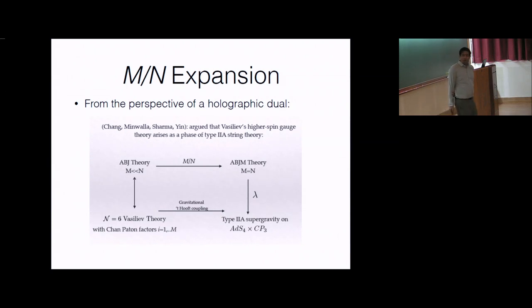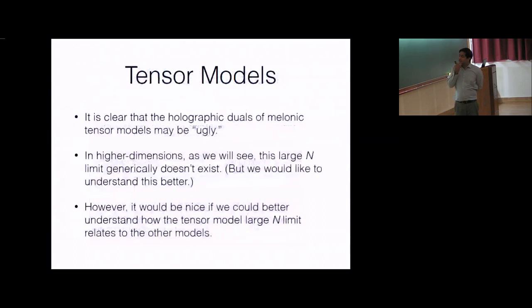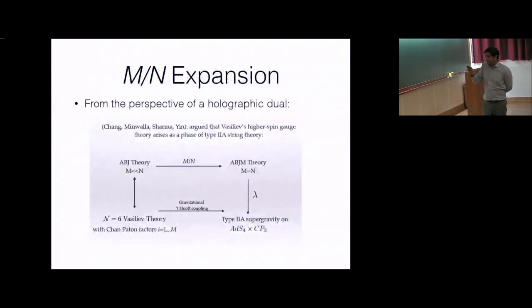For m of order n to the power x, presumably there's some range of x for which you can sum the diagrams. It's subleading. Okay, so these are the sort of open questions with matrix models, and that's actually an interesting idea. Okay, but so this is the connection between vector models and matrix models, which still needs to be fleshed